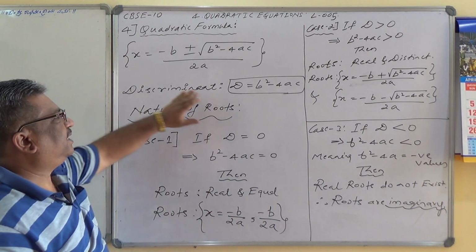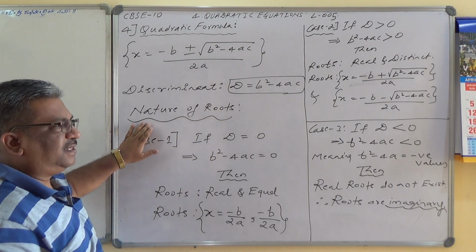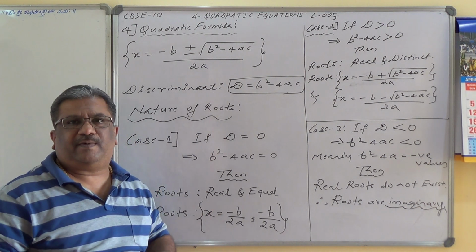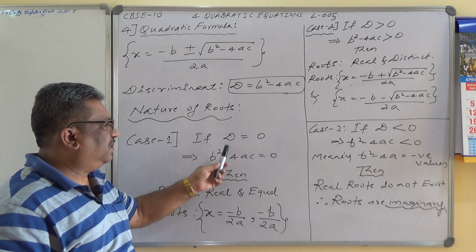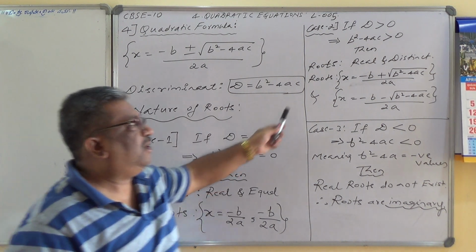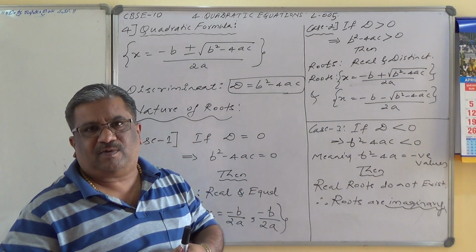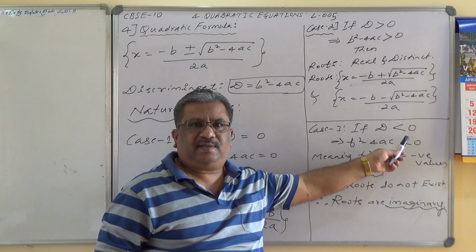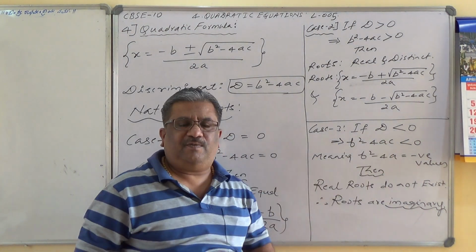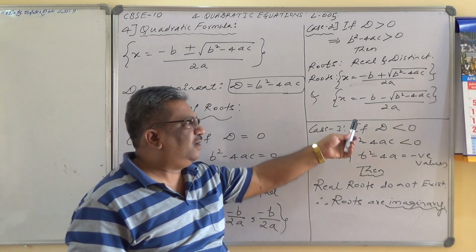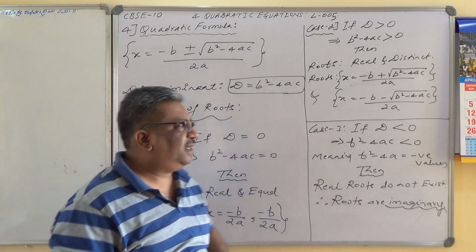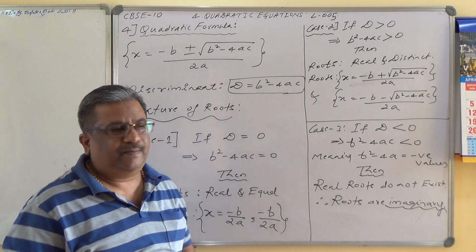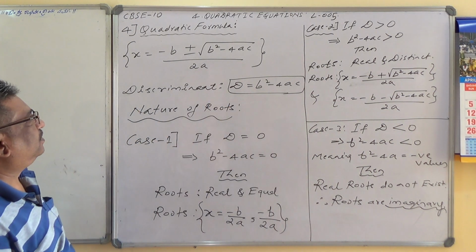So based on the discriminant, it is possible to assess whether the values of x exist or not, and whether we can solve the quadratic equation or not. If by just checking the discriminant, it is equal to 0 or greater than 0, then only we can solve the quadratic equation and you can get the values of x in terms of real numbers. Suppose discriminant is less than 0, meaning b square minus 4ac value is negative, then under root of negative number is not possible. Therefore we say the real roots do not exist, whereas the roots are imaginary, hence we cannot solve the quadratic equation. So this is how we decide upon the nature of roots.